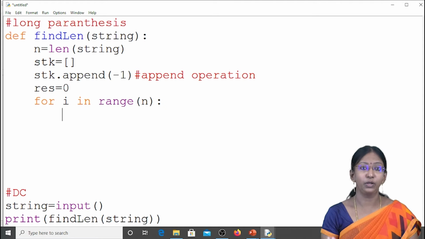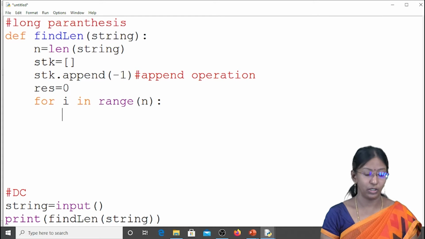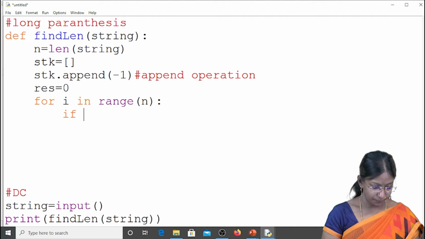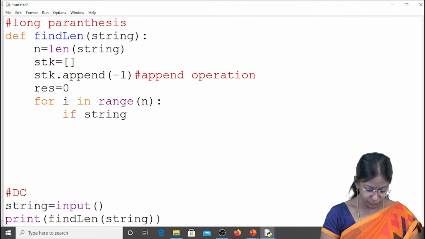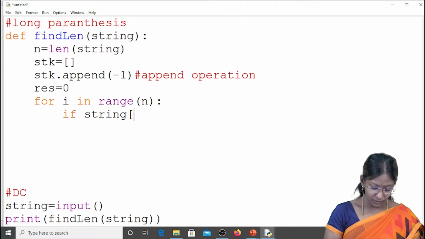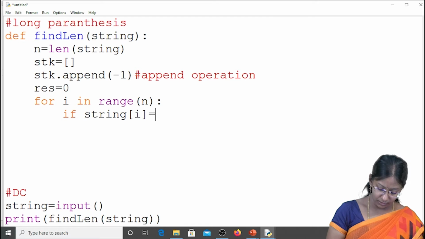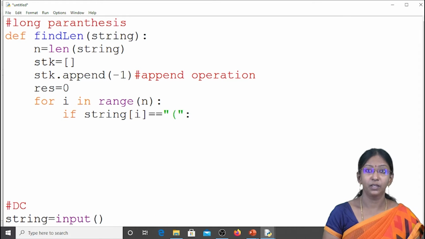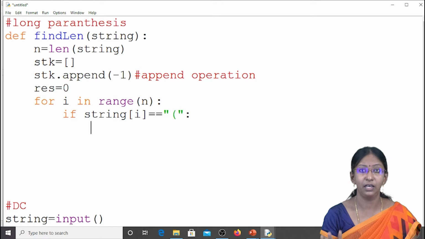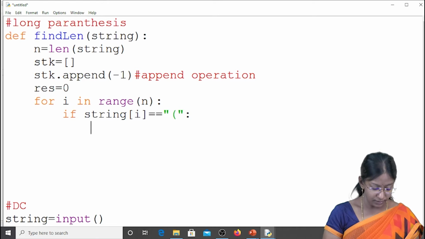The ith value is going to run from 0 to n minus 1, where n is the length of the input string, right? So if the ith element in the string is a left parenthesis, if this is the case,